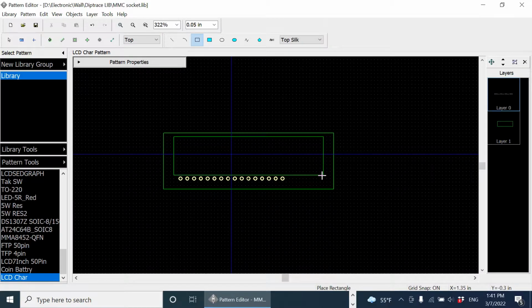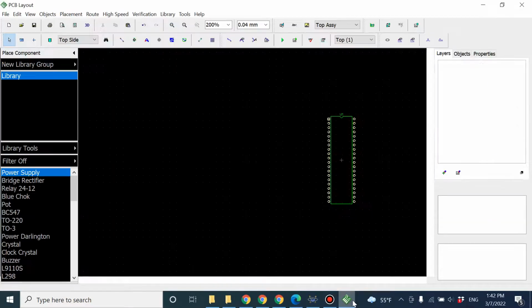You should measure the dimension of your component and just use it here so you can make your own component. When you're done, you can just hit save and you can go out of here,